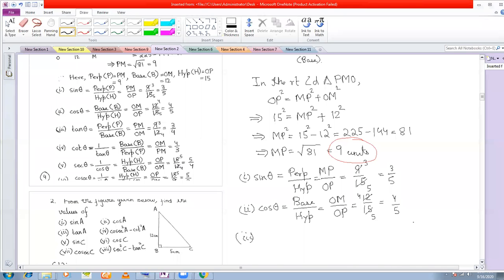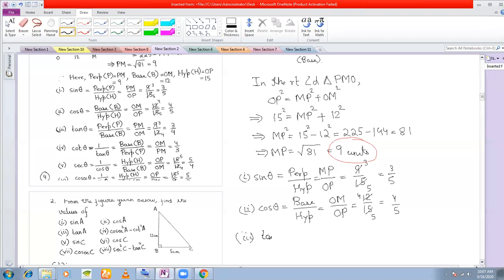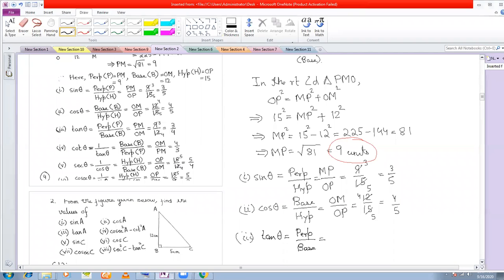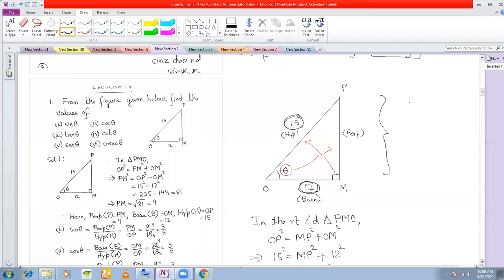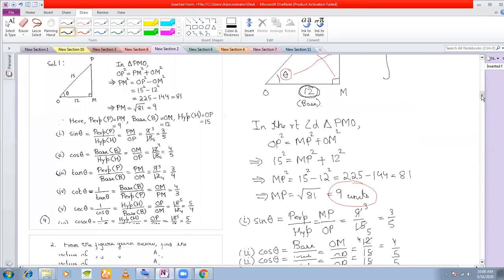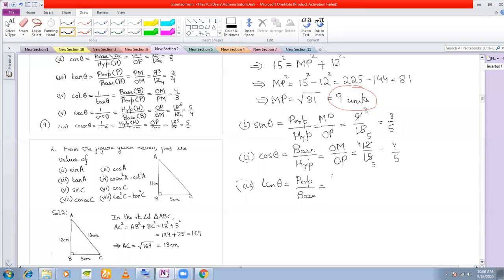Sin theta and cos theta we had already calculated. So we're going to calculate tan theta. Tan theta is nothing but the ratio of the perpendicular and the base. If you consider the right angle triangle, the perpendicular here is PM and the base here is OM. So you can write this as PM